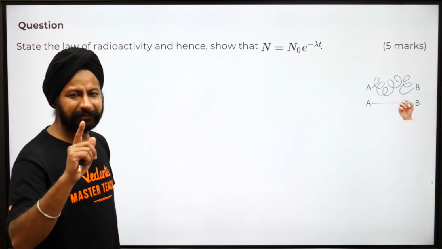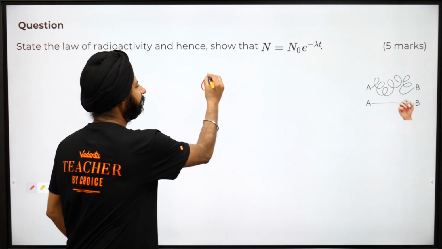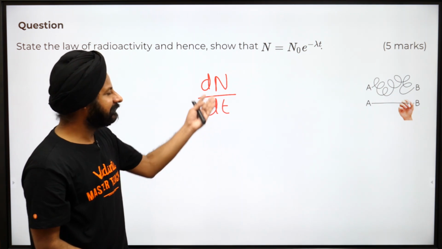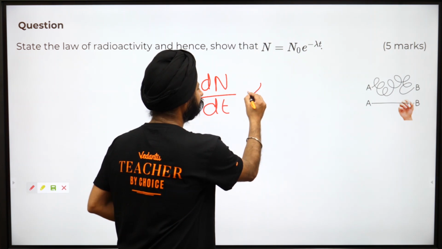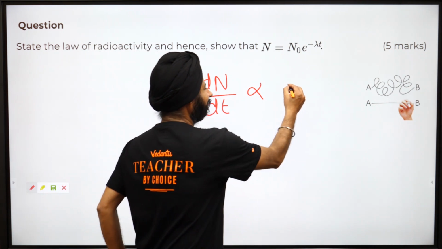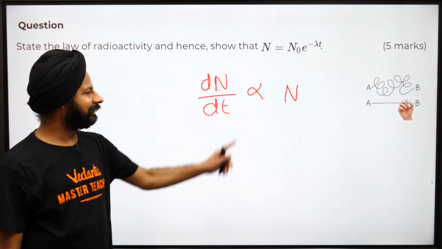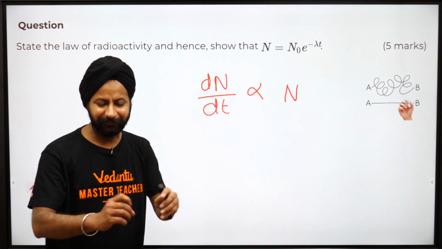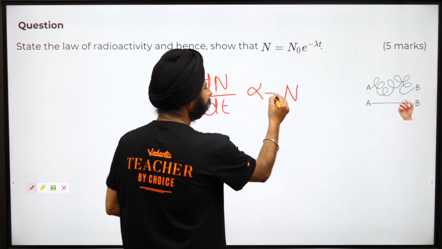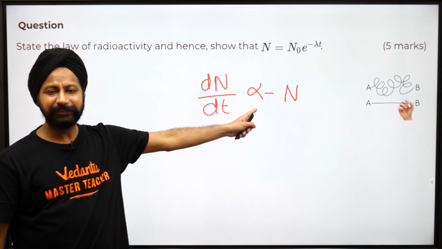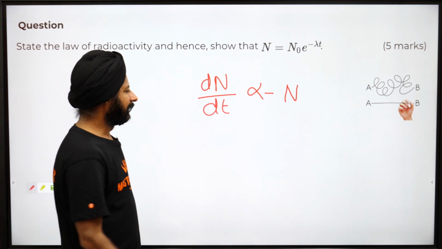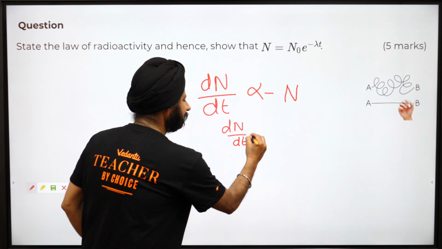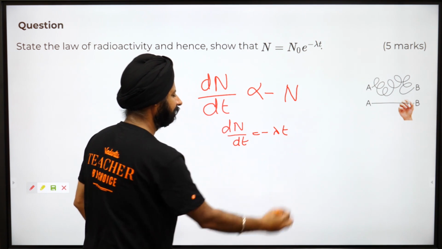So what we are saying is the rate of disintegration, every second how many are disintegrating, is proportional to how many there are. This is the law we are talking about. But now you need a negative sign there because the change is negative, it is decreasing, right? So it's always we have to put negative there. Now whenever you remove this proportionality sign, you have to put some constant, and that is the lambda that we were using earlier. So dN by dt is equal to minus lambda N.